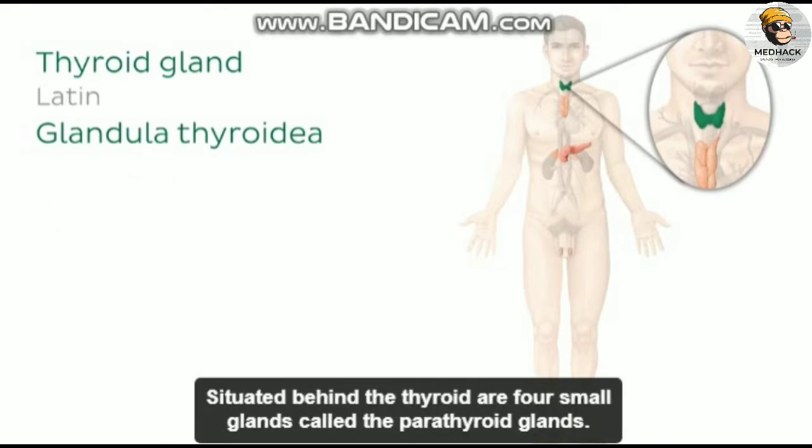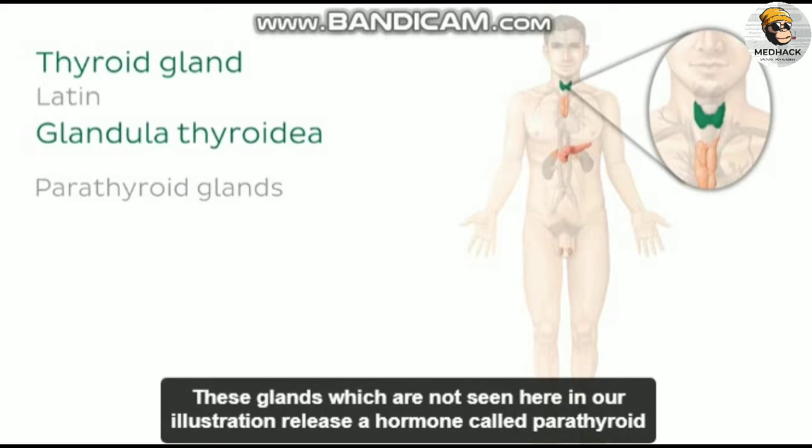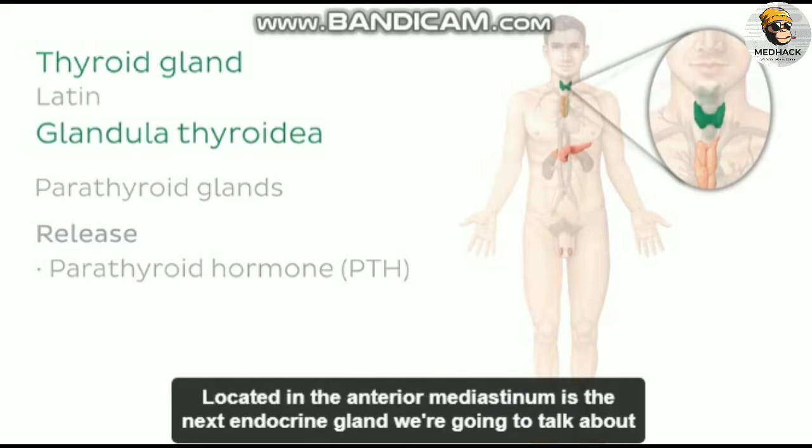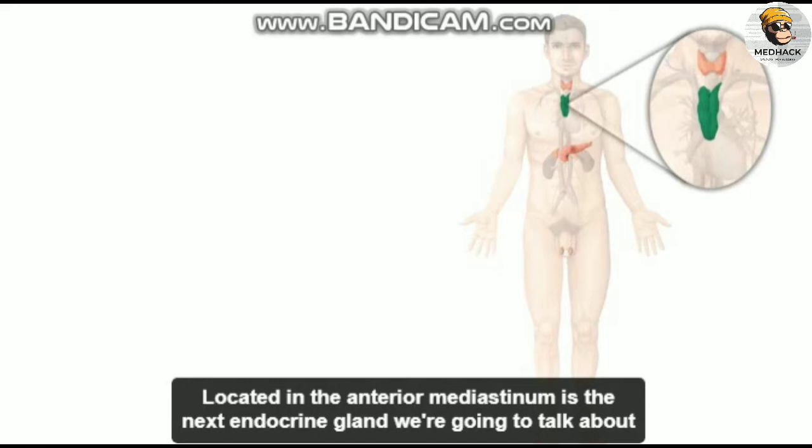Situated behind the thyroid are 4 small glands called the parathyroid glands. These glands, which are not seen here in our illustration, release a hormone called parathyroid hormone, which is responsible for regulating blood calcium levels. Located in the anterior mediastinum is the next endocrine gland we're going to talk about, the